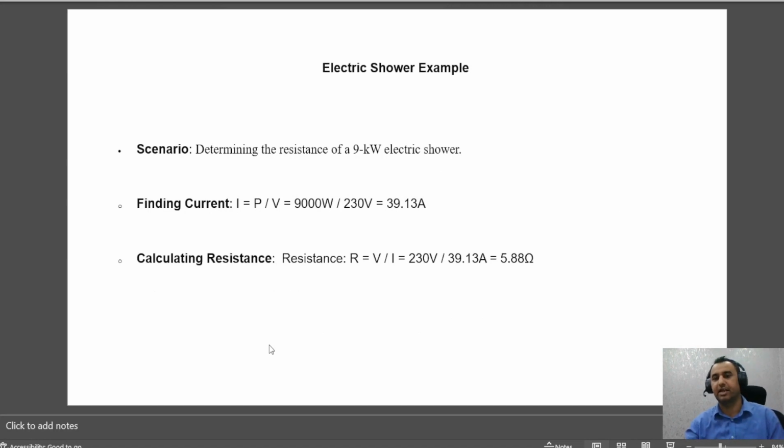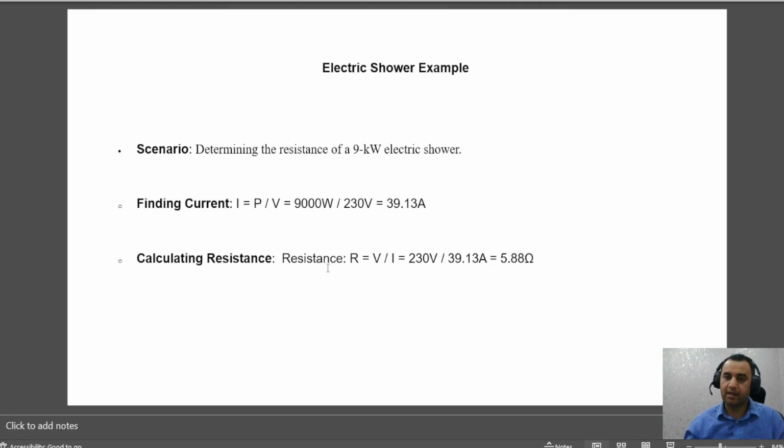Okay, this is another example. Here we've got a 9 kilowatt electric shower. We need to understand that 1 kilowatt is equal to 1000 watts. That's why I've got 9000 watts here. So we divide the power, the watts, which we know is 9 kilowatts, so we divide 9000 watts by 230 volts to get the current value, which is